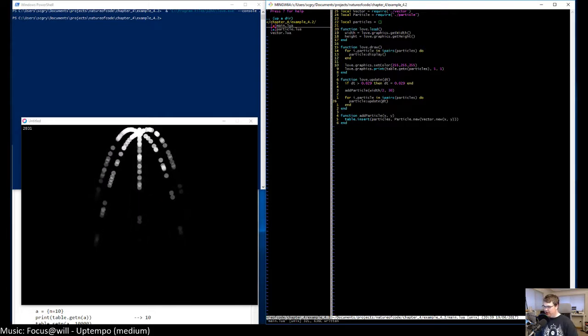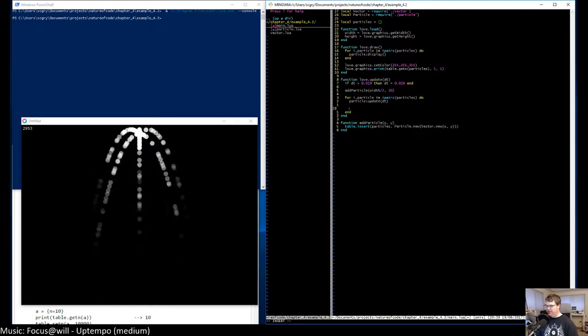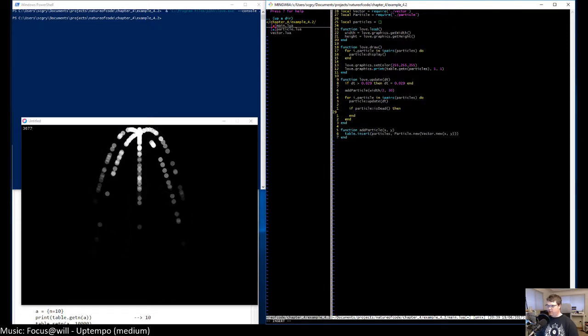So in particles update, after this, I want to say if particle is dead, then what I want to do is say table.remove, and it's going to be the table, so particles and then i.